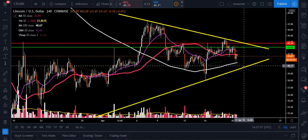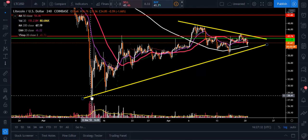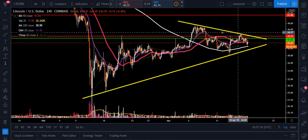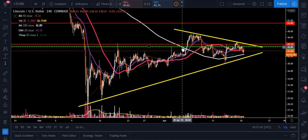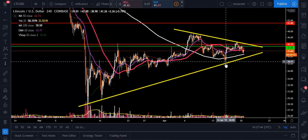We would need another touchdown in this area. And obviously we're looking at this from a little bit longer standpoint. We have 1, 2, 3 touches here, but we're just getting into this apex area where we're having lower highs and higher lows, so we could get that squeezing effect. And this was out of the ascending triangle. We broke out of the ascending triangle and came back, and it's basically been like a busted pattern, but